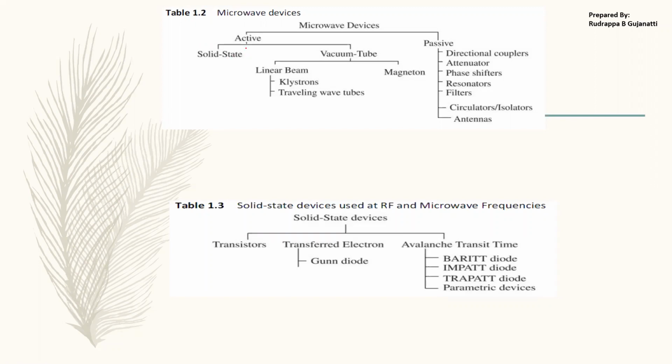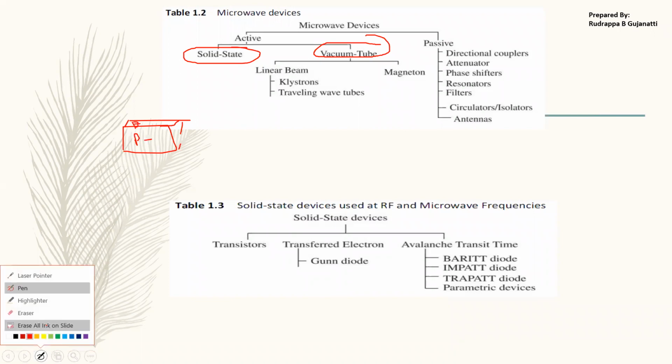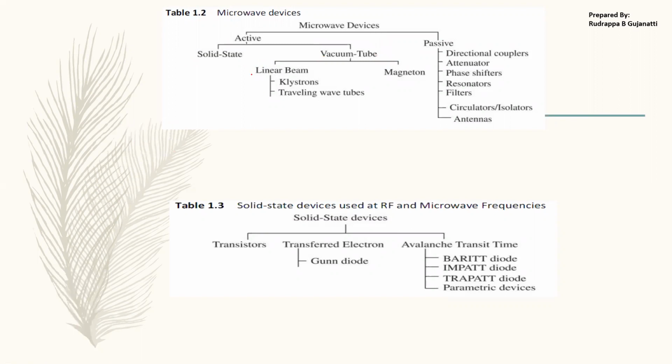So here we have two things. One is solid state devices, and the other is vacuum tubes. Your transistor is a solid state device, and your diode is a solid state device. In that case, you use a material, a substrate, and on that substrate you build what is required. Say you have a P substrate, then an N substrate, you do etching on this, then all the operations which are required, and then you build the entire device. Solid state devices refer to that.